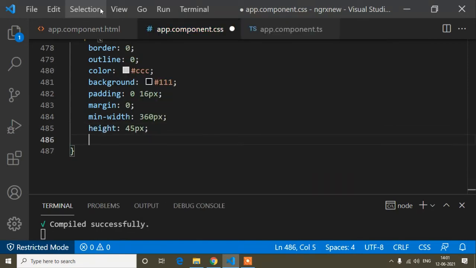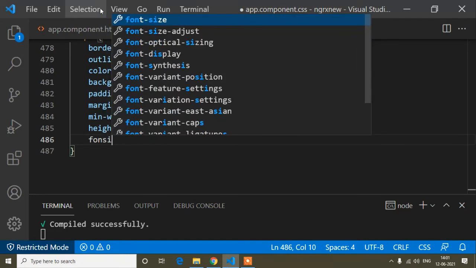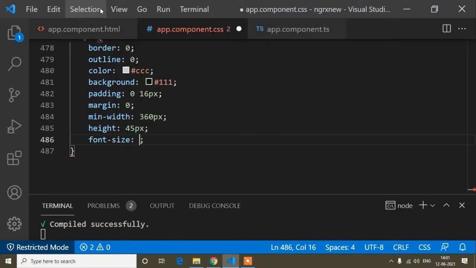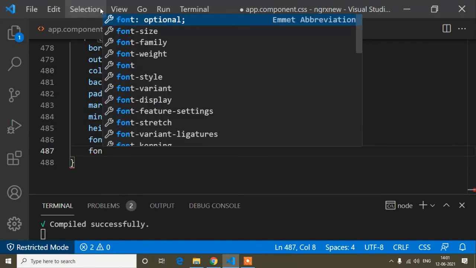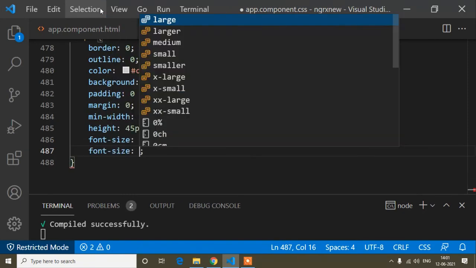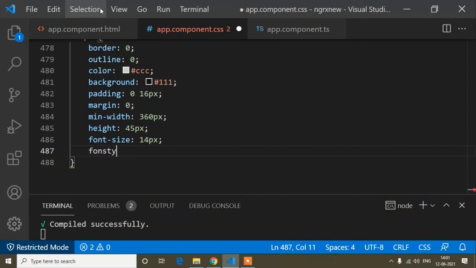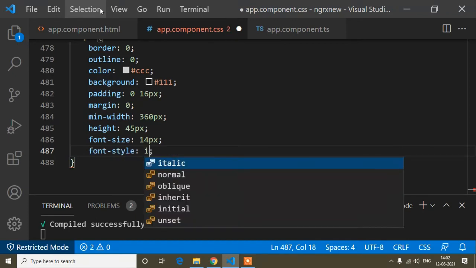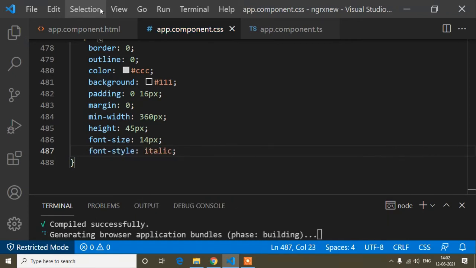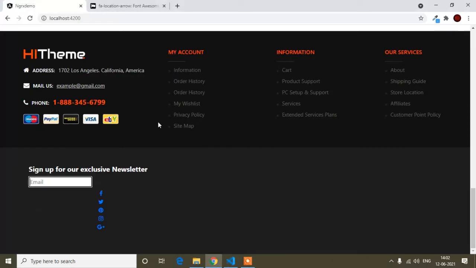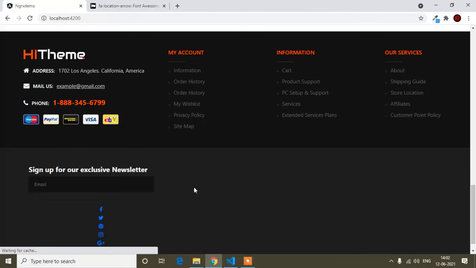After that font size is 14 pixel. And now I will write font style, that is italic. I will show you, whatever the font is, that will be italic. You can see this is the font of this placeholder, and that's italic. And the color and the background color are changed.